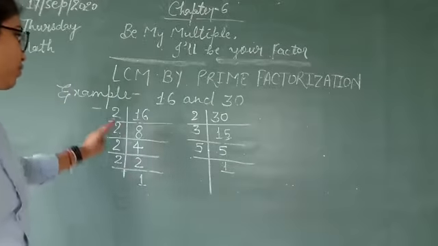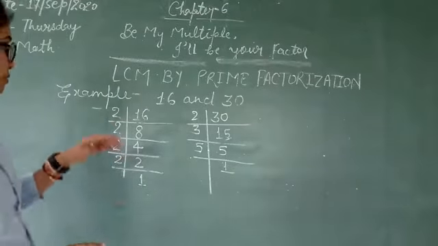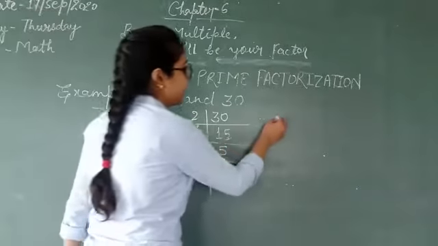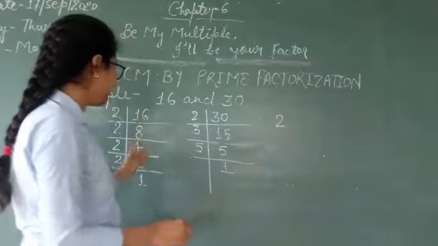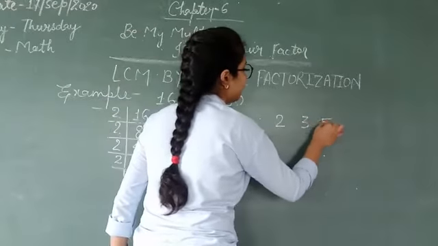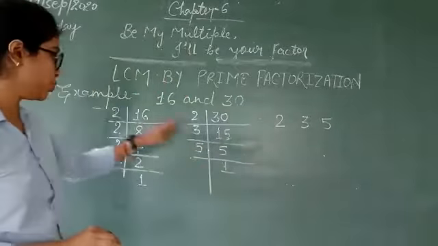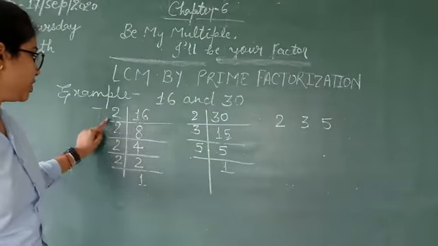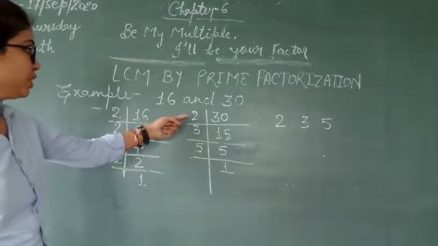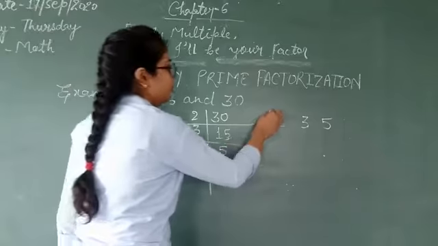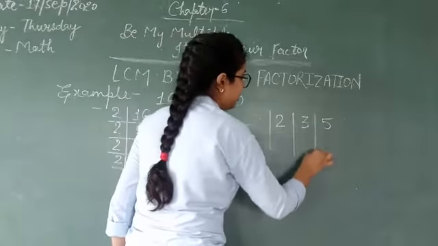Okay. So first of all you have to see which prime numbers you can see here. So I can see 2 here, I can see 3 here, and I can see 5 here. The prime numbers which you can see in the given prime factorization. So I can see 2 in this, 2 is there also, and 3 and 5. So we will make a table here.